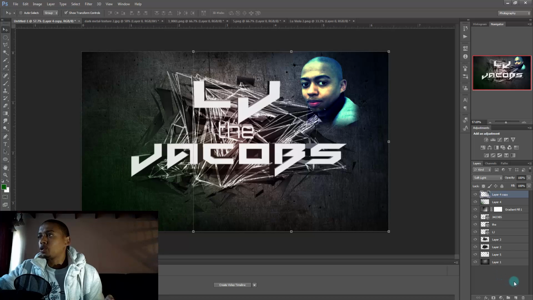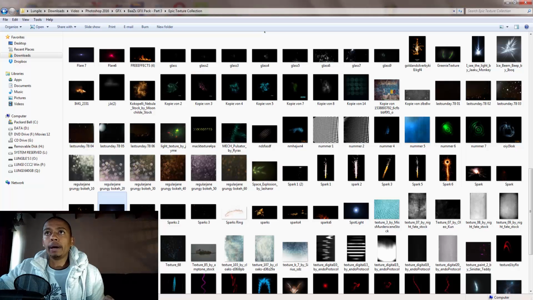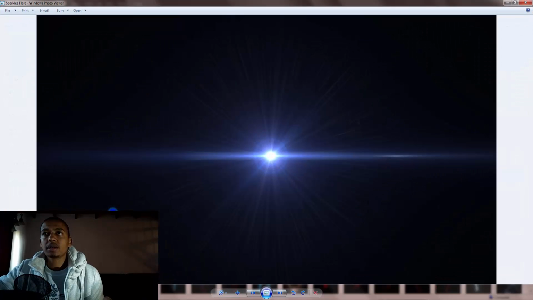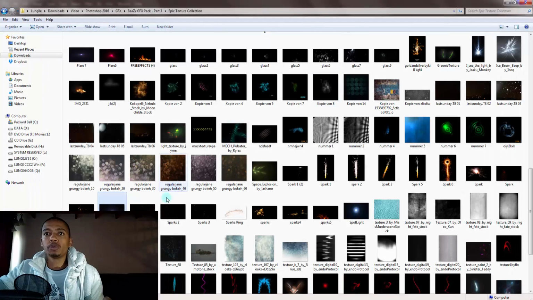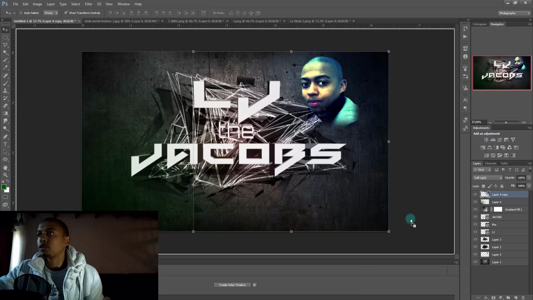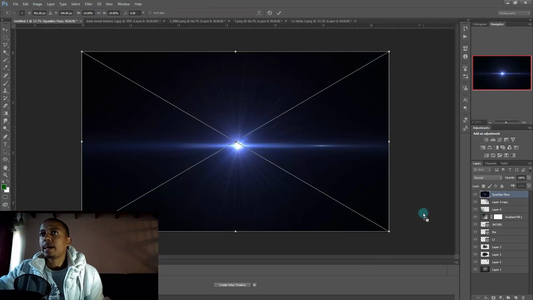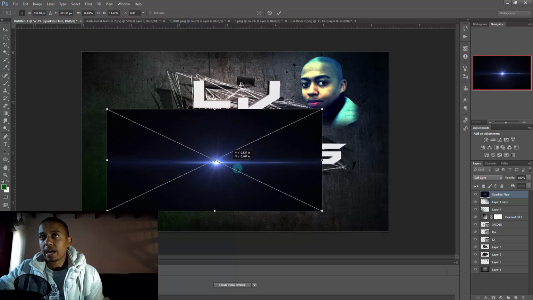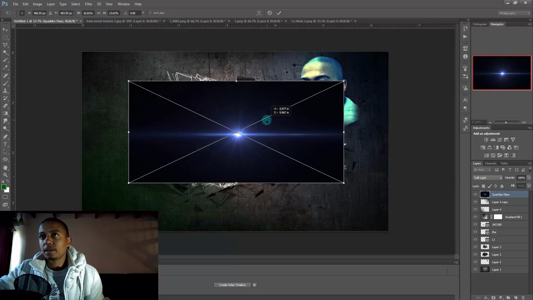And then what you're gonna do is, don't create a layer yet or whatsoever. Leave the layers alone. What you're gonna do now is we're gonna go to my epic texture stuff, and I'm gonna look for my lens flare. I'm gonna use this one, Sparkles flare. This is the lens flare I'm going to use. So I'm gonna drag it inside Photoshop, just like that. And then there it is. And I always then want to shrink it to this size. Just put it there above the